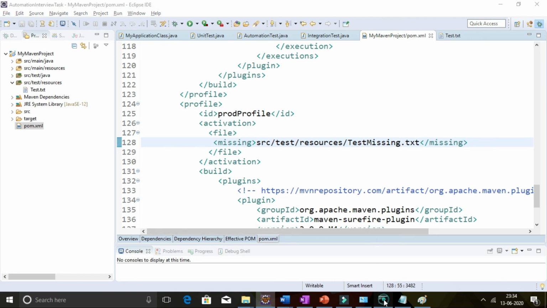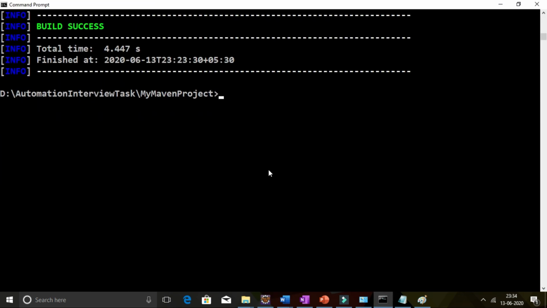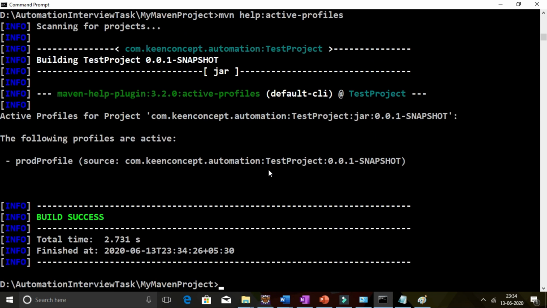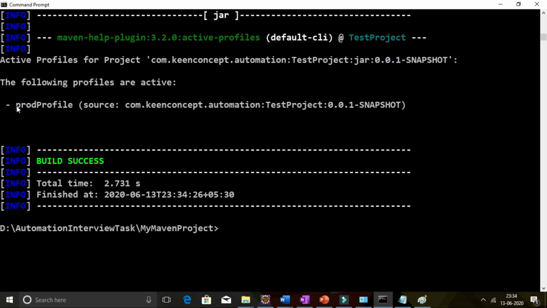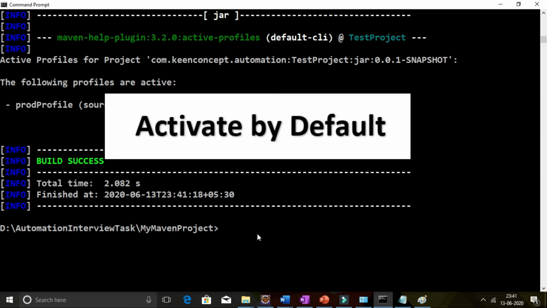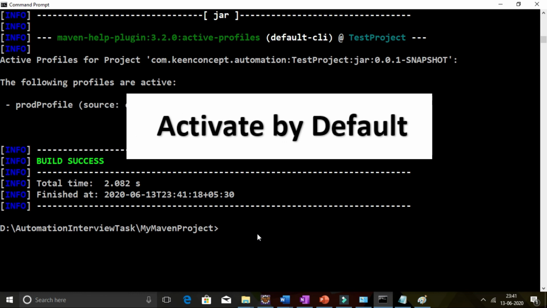So now let's go to the command prompt and find out which profile got activated by default. So you can see still we have the prod profile got activated because we have mentioned the missing tag under the prod profile. And the last way to activate profiles is by using active by default tag.